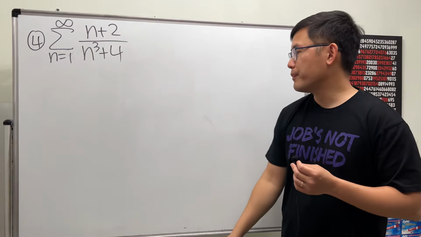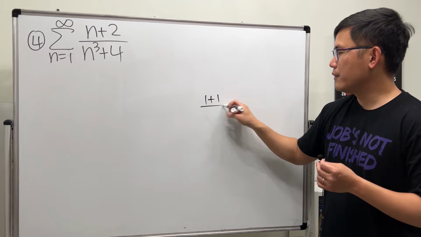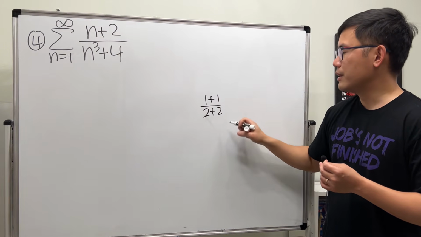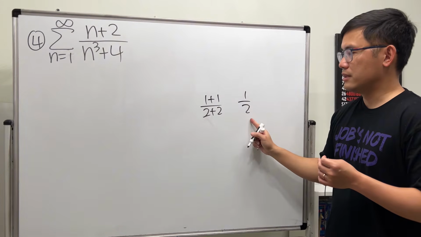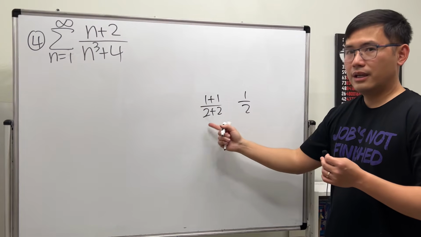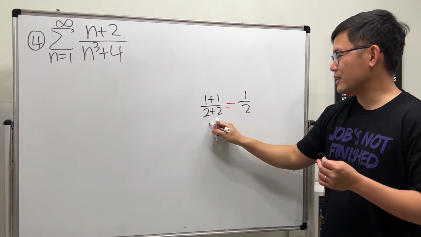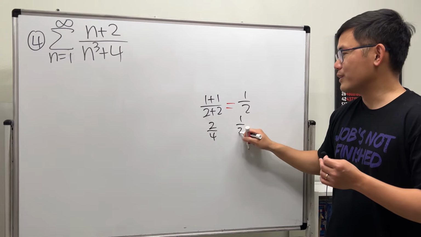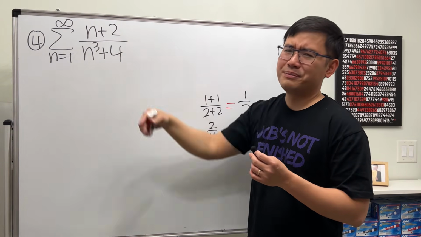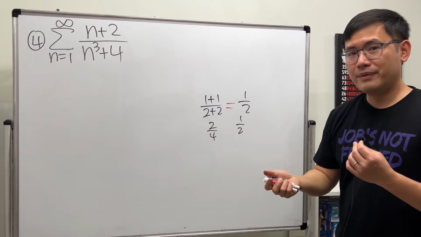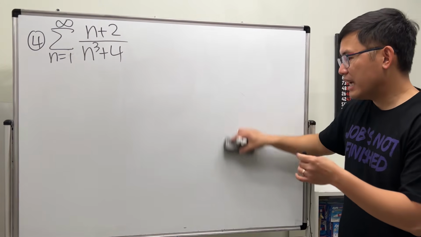That's not always true. For example, if you have, let's say, 1 plus 1 and then over 2 plus 2. If I remove this and that, what can I say about this and this? In fact, they are equal. If you remove this and that, they are equal because this is 2 over 4 and this right here is 1 over 2. So when you are adding a number or subtracting a number both to the top and to the bottom, with inequalities, you have to be careful. Sometimes you can set it up and then cross multiply, that's okay. But in this case, remember we still have